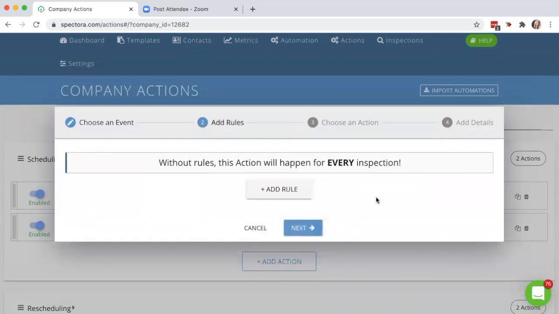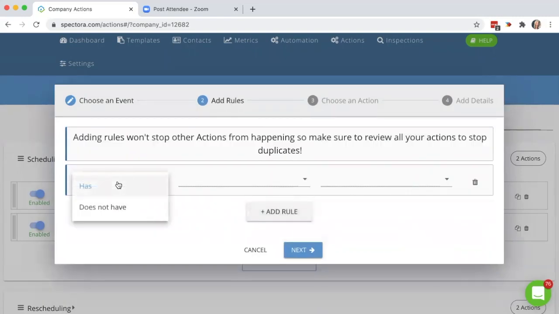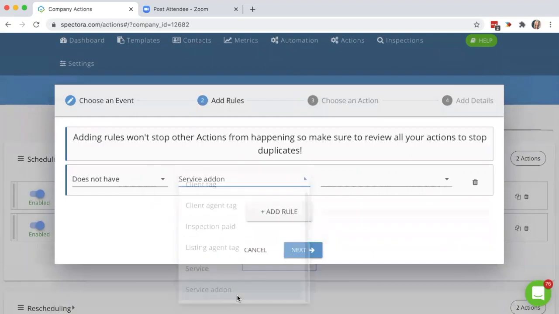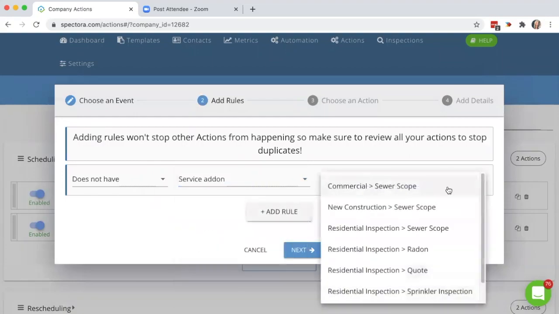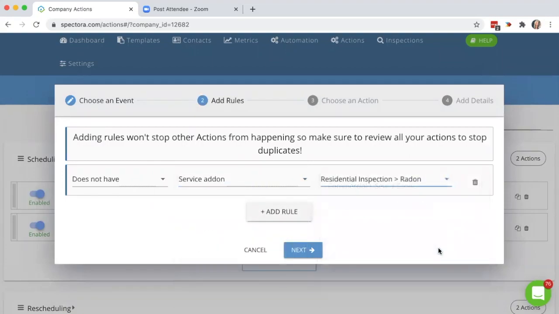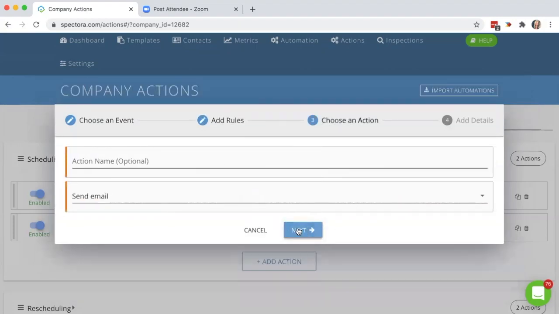Then how we're going to make it an upselling email is we're going to add a rule that if the inspection is scheduled and it has or does not have, in this case, the service add-on, let's say residential inspection, a radon attached to it. So if an inspection is scheduled that does not contain the service add-on radon, then let's send an email to